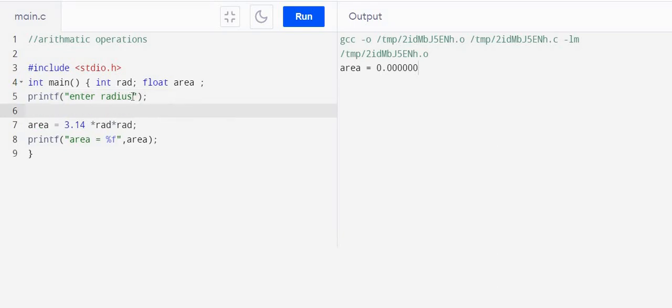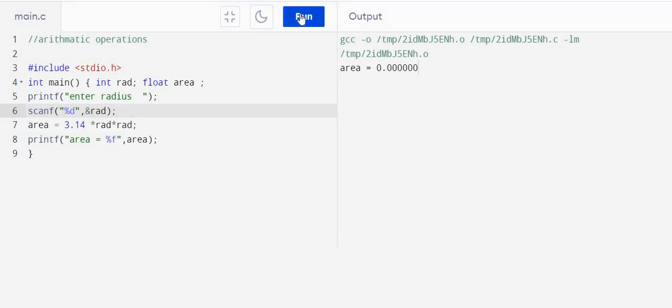Then we have to read the radius. So scanf %d ampersand RAD. So let's read the radius.